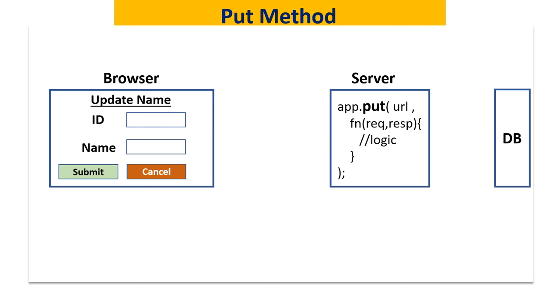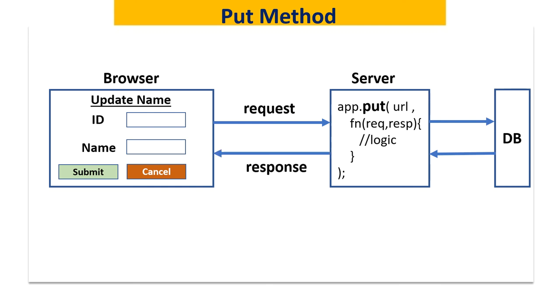What is the next method? Put method. Why should I use the put method? For update purposes. So we have the form and send the data. The server program sends the data to the database side. The database will update the data and give the response. And the client program will display success or failure results based on the server feedback. So what is the process? In the server program, get the data, validate the data, send the data to the database for update. These are the responsibilities of the server program.